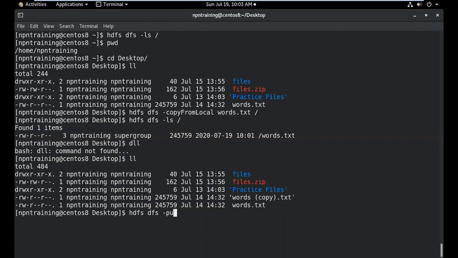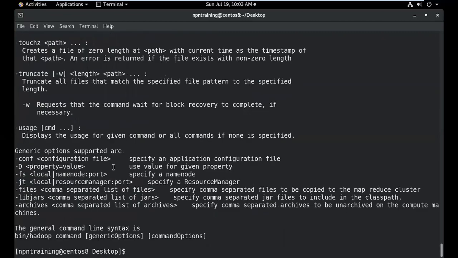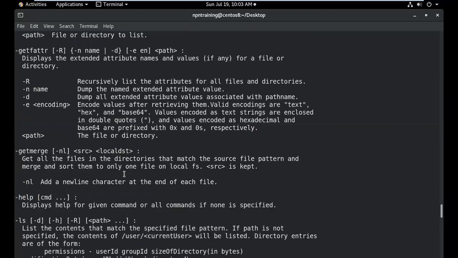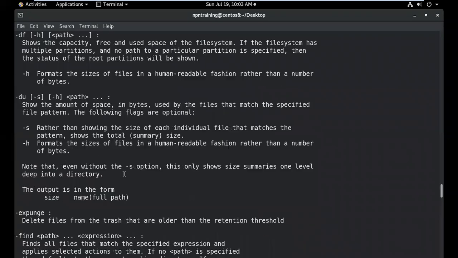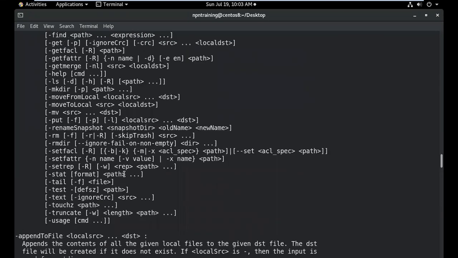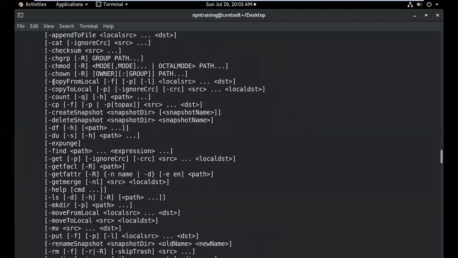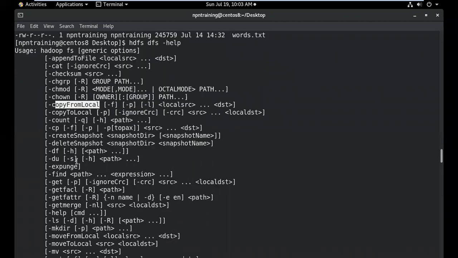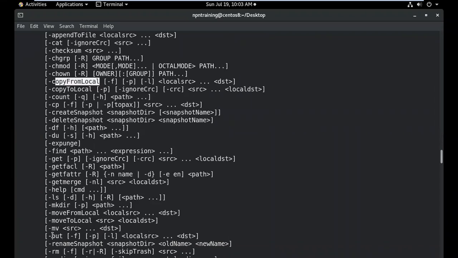See, if you want to get the list of commands, you can do hdfs dfs. Under dfs, if you want to get all the list of things you can execute, you can simply type -help. So you'll get all the things which you can do via the dfs command. Can you see this? You have lots and lots of commands. Now, for example, let's go to the top. Can you see this? I explained to you about copyFromLocal. There are lots and lots of commands. So now I'm going to explain to you about, for example, the put command.